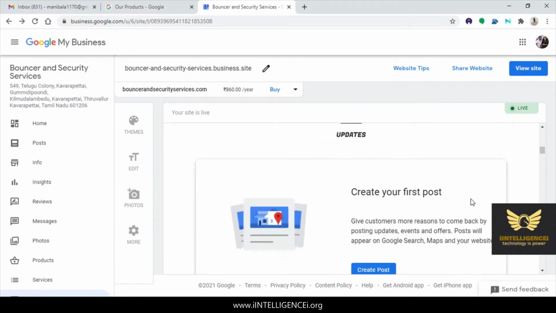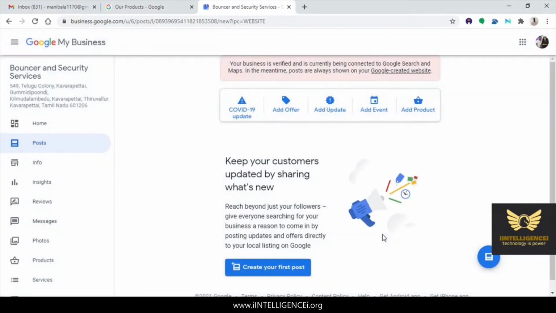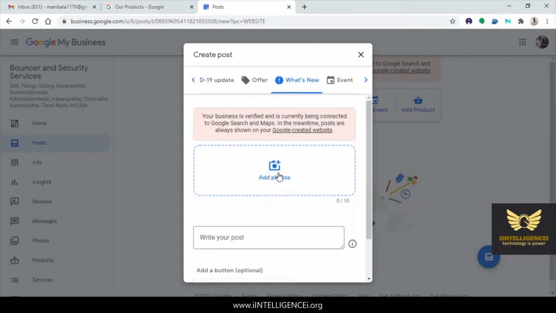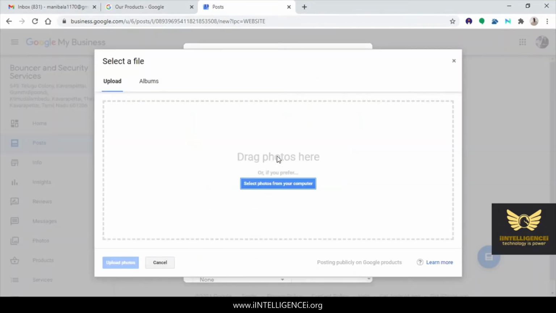Now we can create a post too. Right? Create your first post. Just click this. Create the post. Just click what is new. You can add photos to the post itself. Right?